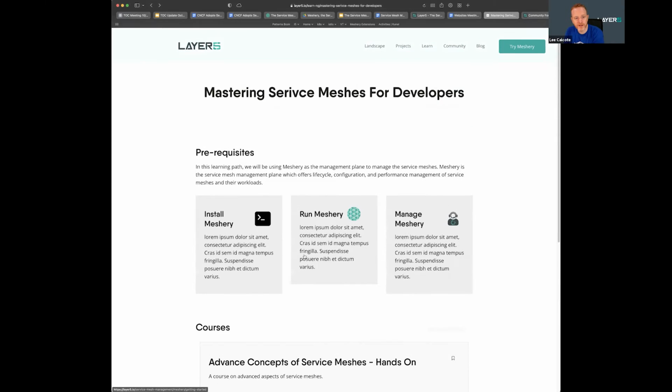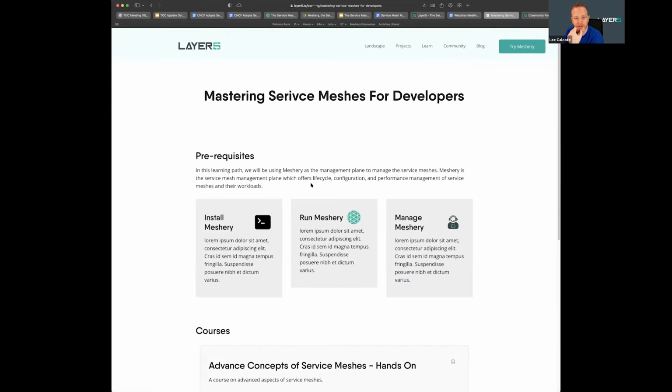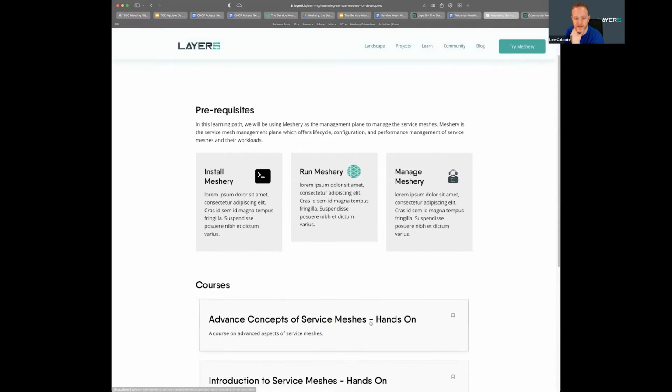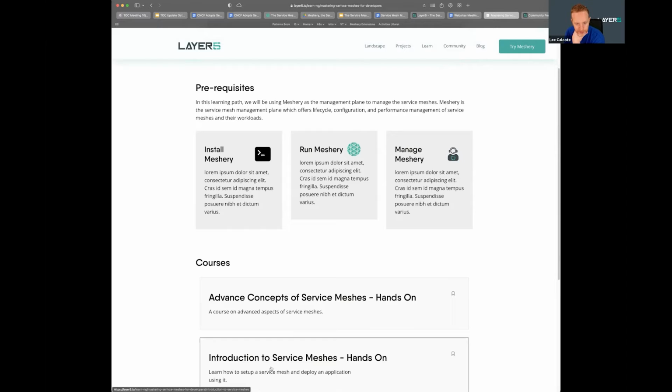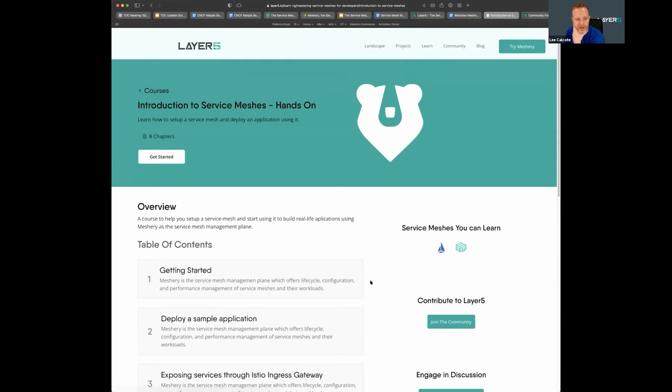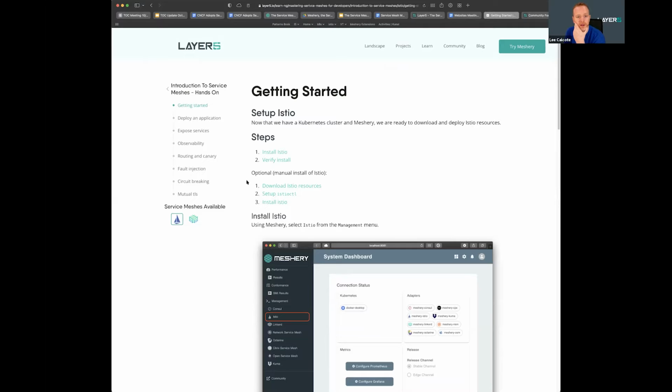It has always been my concern that people will lose their way as they drill in, because they go from this high level learning paths to an overview of a specific learning path. They choose a specific course. Then they get an overview of that specific course. They then understand that as part of that, there are chapters within a course. Okay, so let me get started on the first chapter of this course. And if they're paying attention, they'll understand that, oh, okay, I'm on chapter 1, or these are my 8 chapters that I was just looking at. And now here's my steps, or here's the content within here. Is that